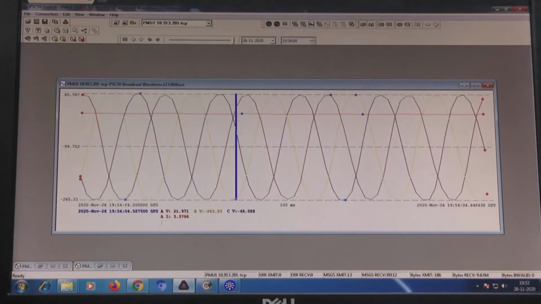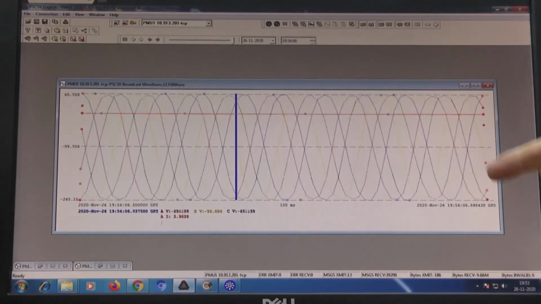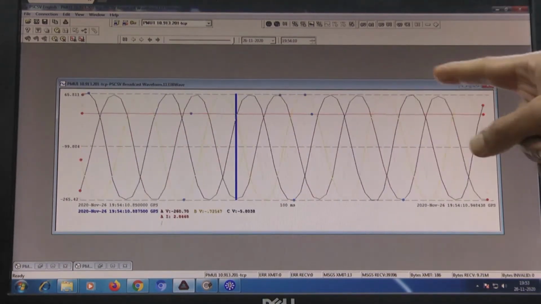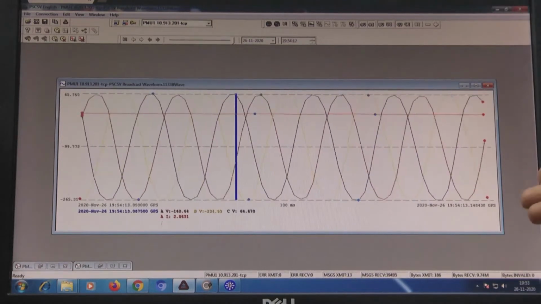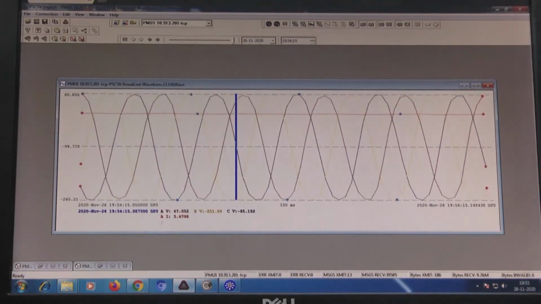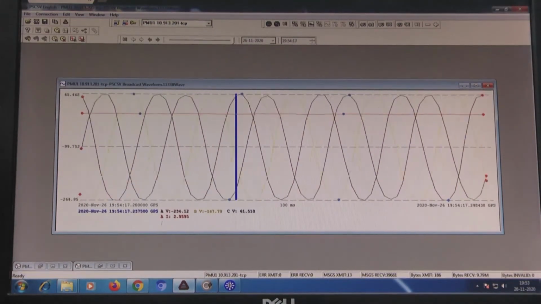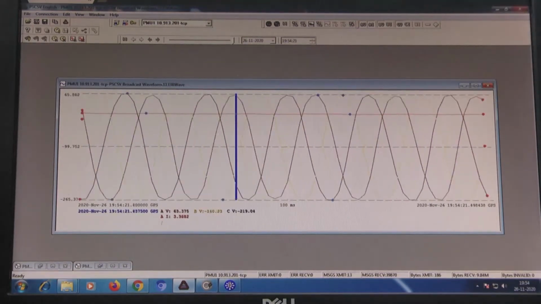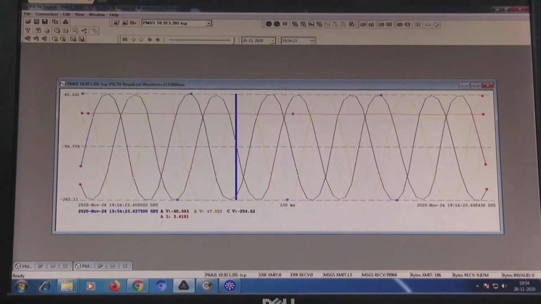So, let us see this PMU 1, the generator side voltage waveform. The corresponding sinusoidal waveform is coming here as you see. This three phase waveform is being directly accessed from this PMU to the PDC level. Now, we will go to the polar plot for the two PMU data, the voltage and current phasors. So, now we will see the two polar plots, PMU 1 and PMU 2.